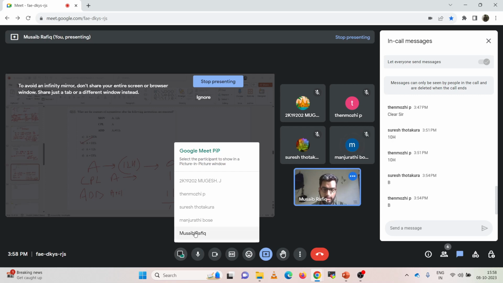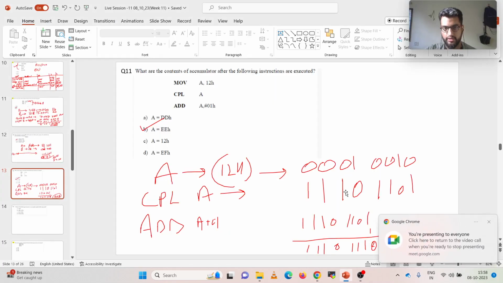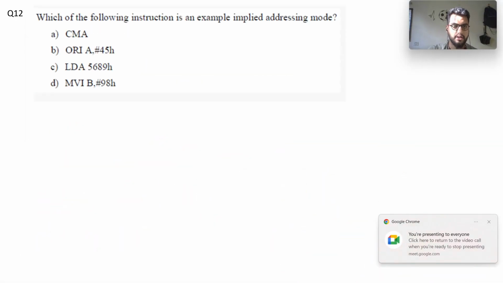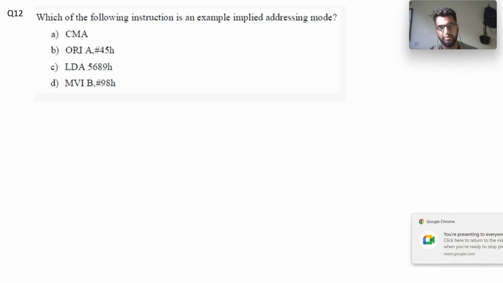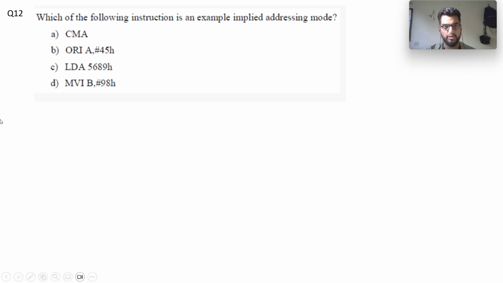Then I have another question, which is question number 12. Which of the following instructions is not an example of implied addressing mode? Option A CMA, option B ORI A, option C LDA 5689H, option D MVI B. The correct option to this question is